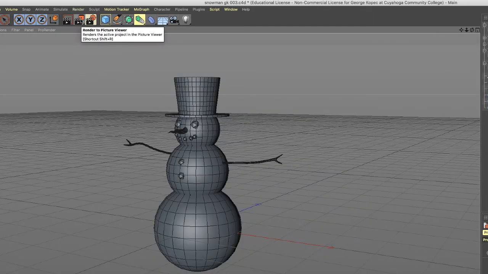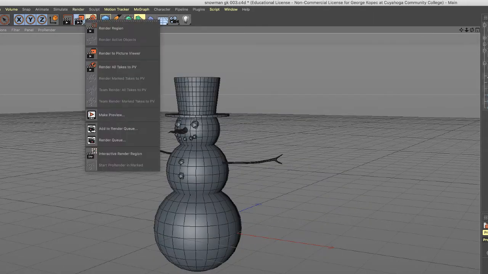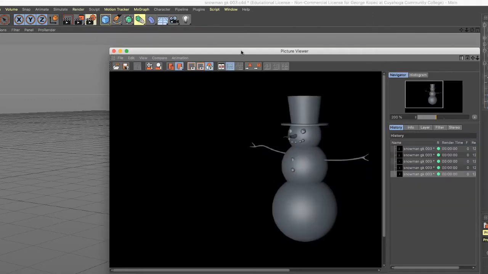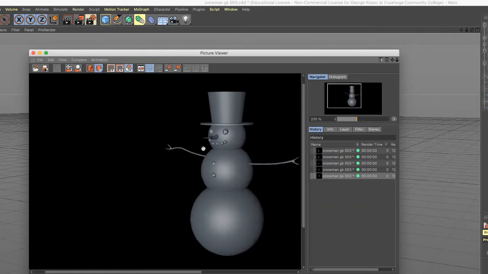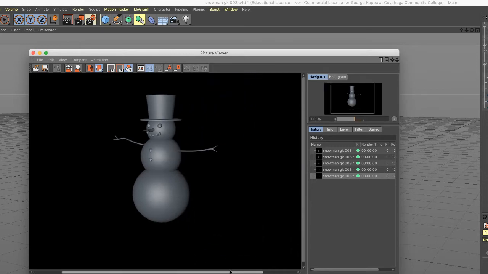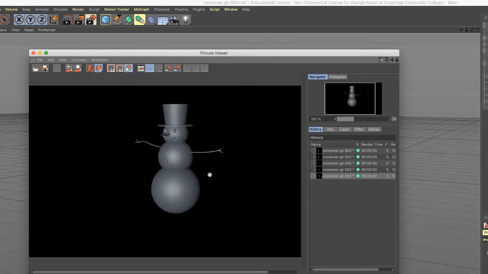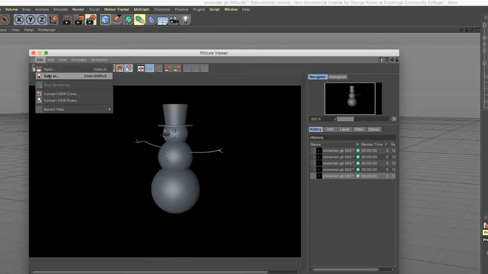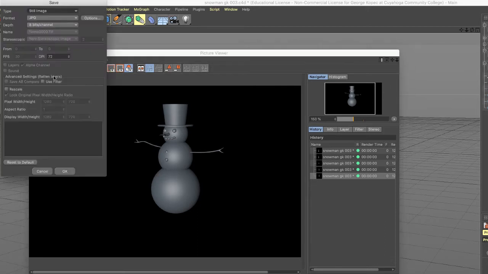The next one over, render to picture viewer, if I just click on that, we'll deal with these other ones later, but render to picture viewer, this window will come up and I can cursor in and out or slide back and forth, and I can save this file as a JPEG or any other kind of format. In fact, let me just click Save As,